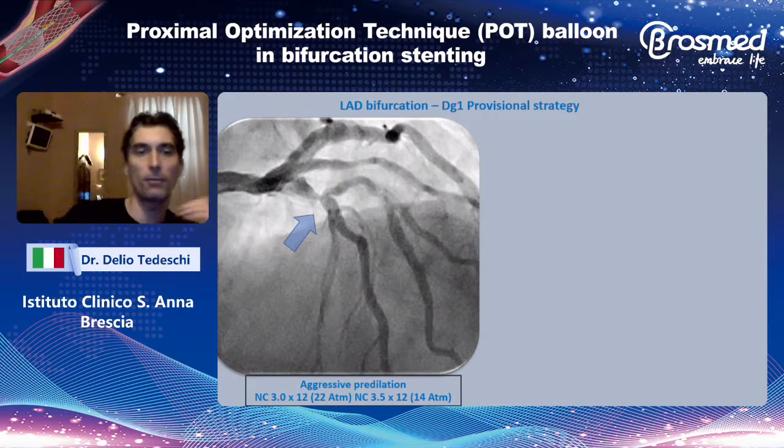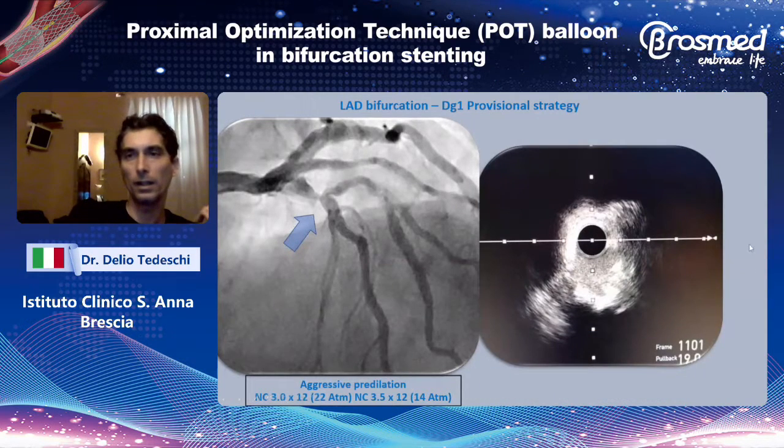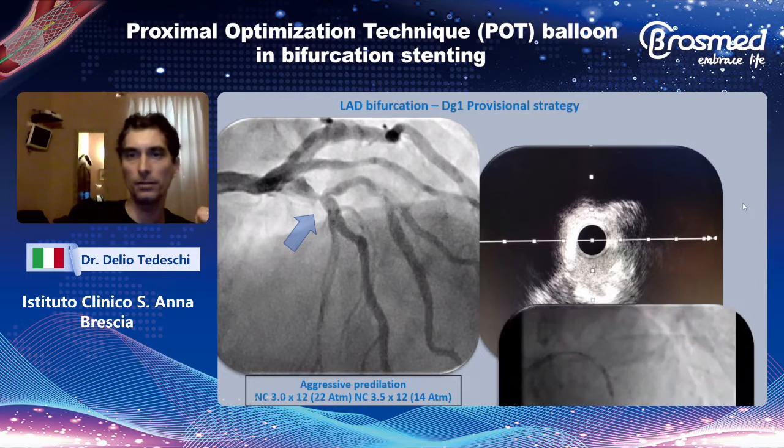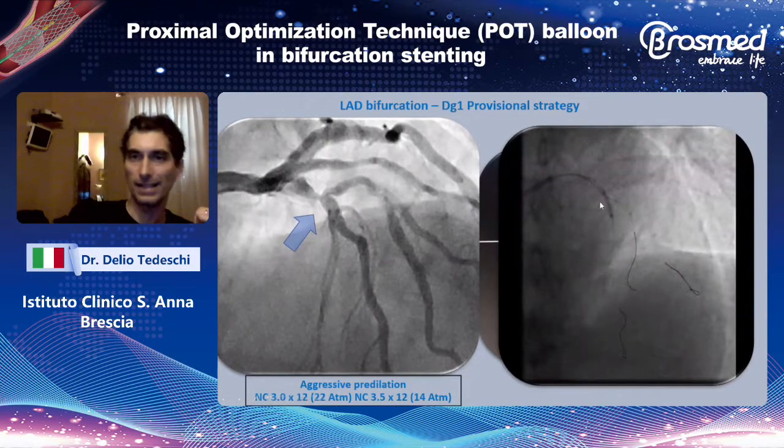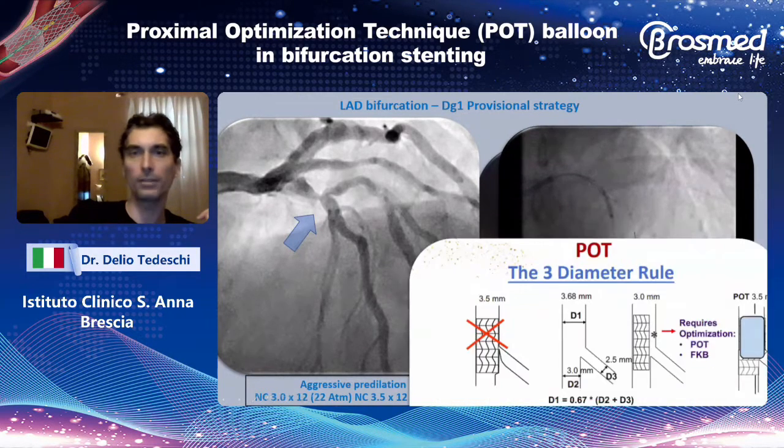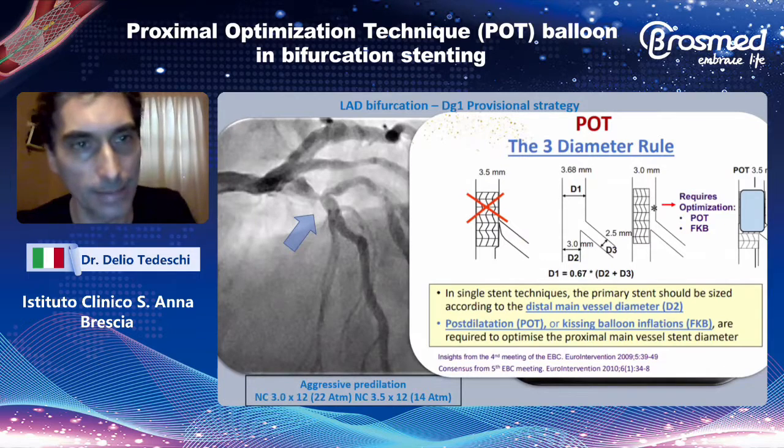with non-compliant balloon. So we use 3.0 balloon and 3.5 in order to be safer. So go step by step. And after the predilation at this level, at this concentric focal lesion, this is the non-compliant balloon, the 3.0 and next the 3.5. We decide to implant the stent,